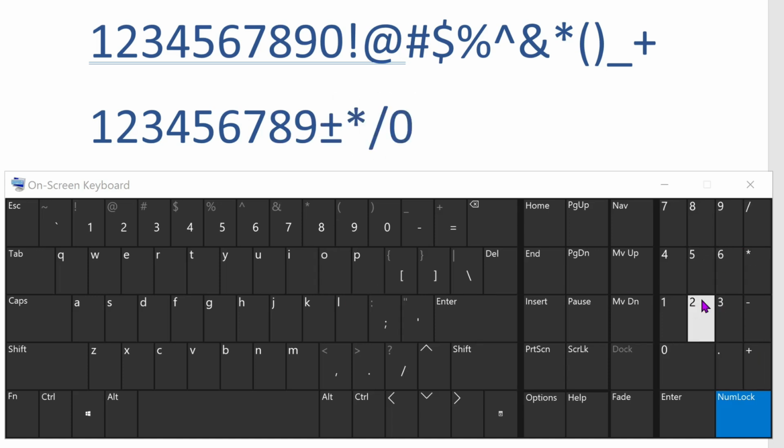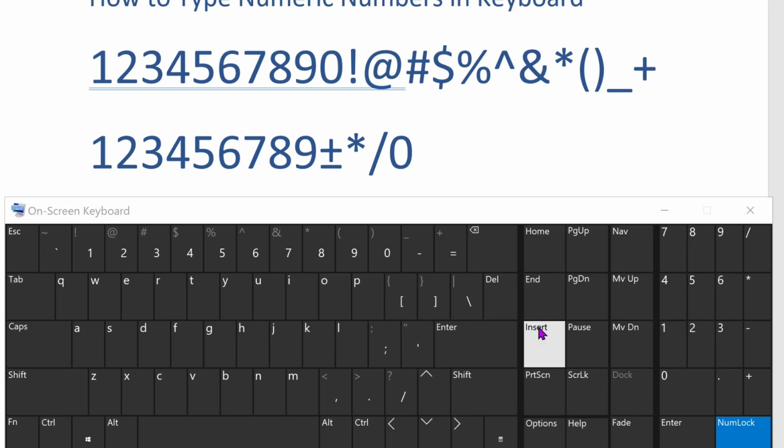So this is much faster for data entry in programs like Excel or for performing calculations. So this is pretty simple and easy. I hope you understand how to type